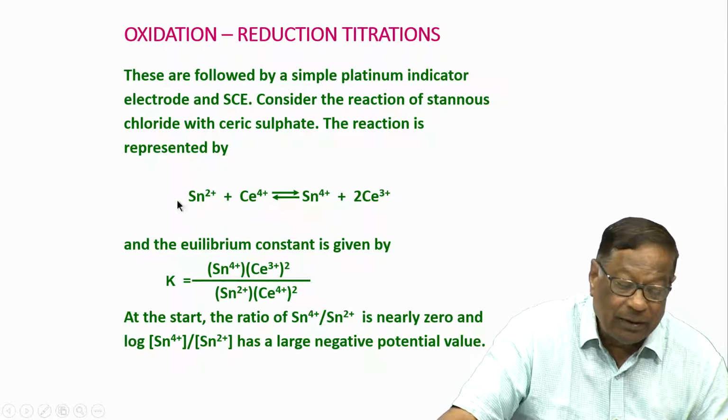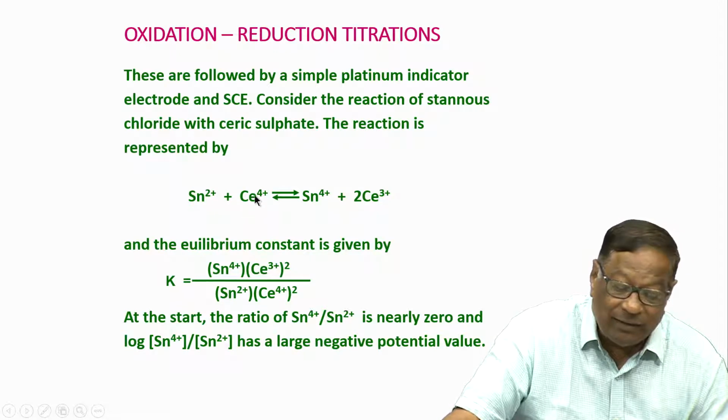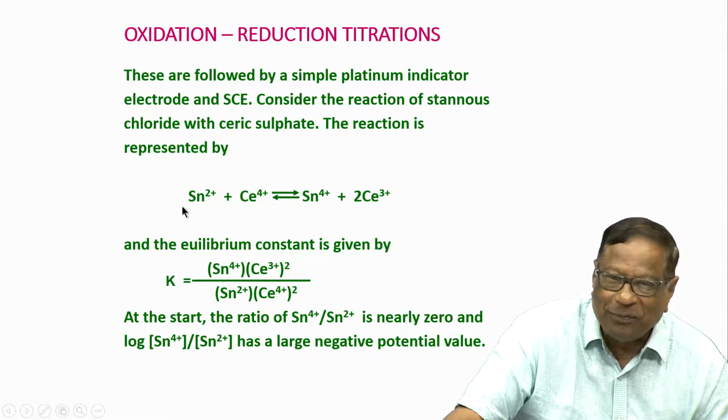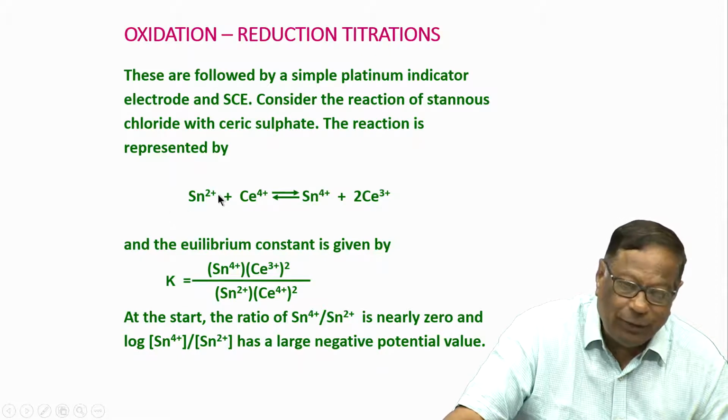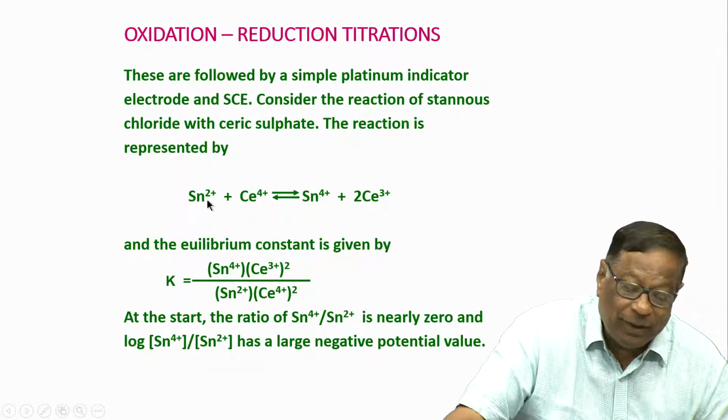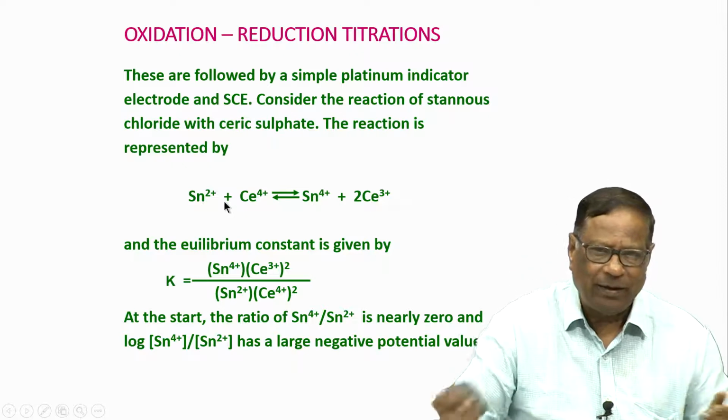So, I have two half cells, one is stannous stannic, another is cerous ceric. It is like a concentration cell now, because I do not have a tin electrode, I do not have a cerium electrode, both of them would be platinum electrodes. So, in the platinum electrodes I have two beakers, one is stannous and another is ceric cerous system, or I can take in one beaker and add ceric solution in that.